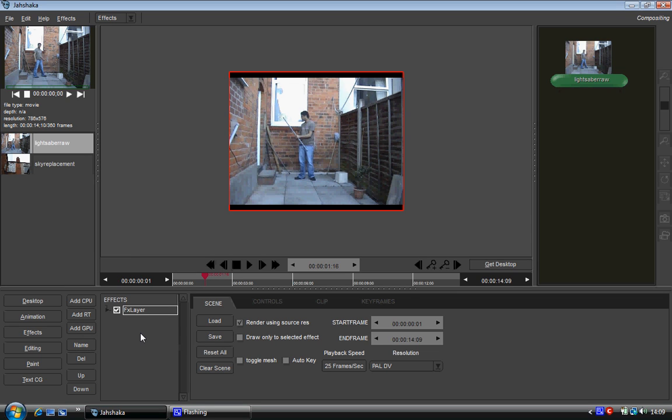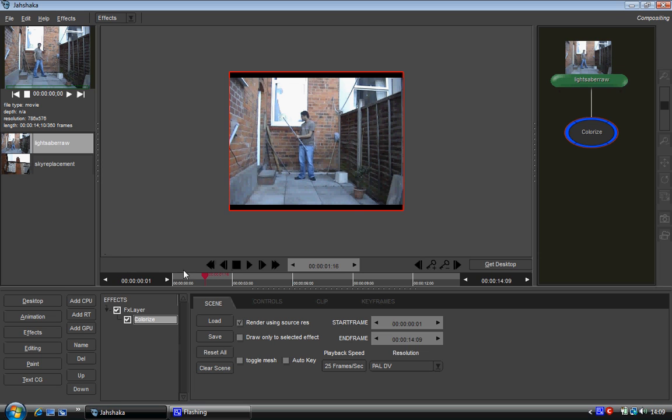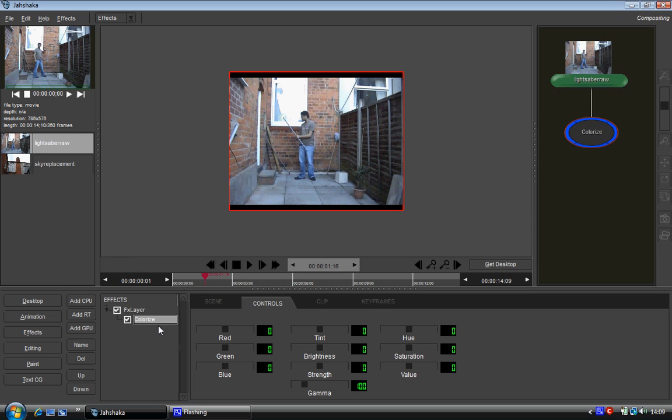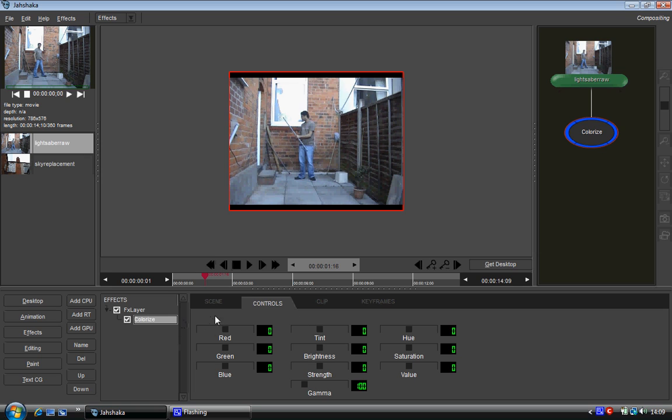So what we're going to do is, for example, let's say we want to change the color in our video, and I don't know. So I clicked on add CPU colorize, so I've got colorize underneath. Now if I click on the controls tab, as you can see, it's a different tab. It's got red, green, blue, tint, brightness, strength, gamma. So let's say we wanted to increase the red a bit,